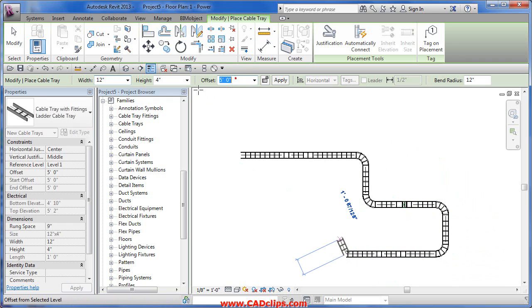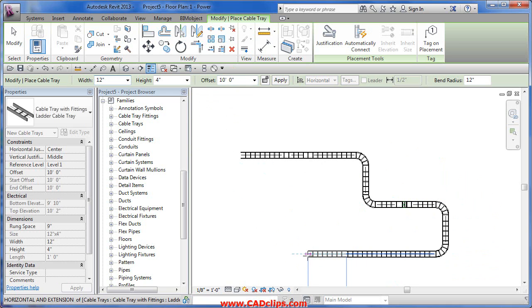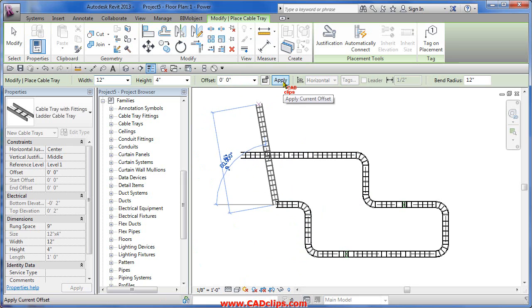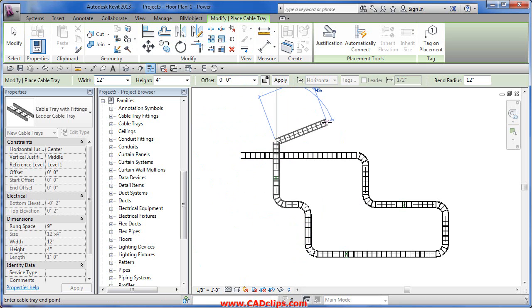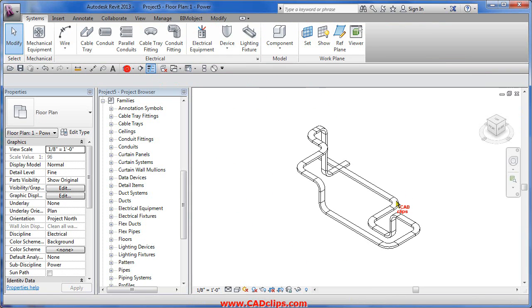Then I go over to here and then I go up to 10 feet. So now I'm at 10 feet. Okay, and then bing, and then I'm going to go back down to 0 feet. If I just want to stop, go down to 0 and stop, I would hit the apply button. It would go straight down and stop, but I'm not going to. I'm actually going to click over here and have that kind of cross there. Escape, escape. Okay, go to my 3D view